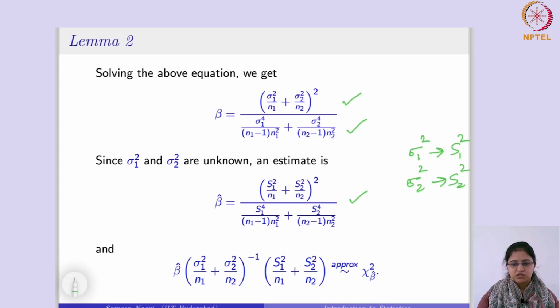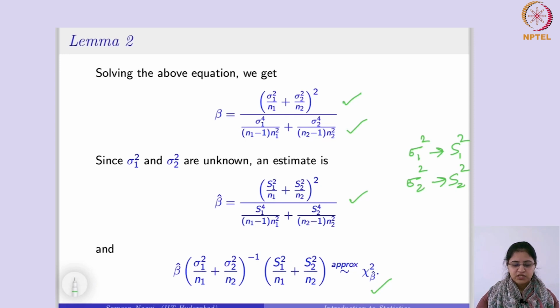And you also see that beta hat times this is following your chi-square distribution with beta hat degrees of freedom. So you are replacing basically the approximation that you had earlier. In that you are replacing beta with the estimate of beta, that is beta hat. Okay. So now this is the result that we have, and we will now use it to prove our next